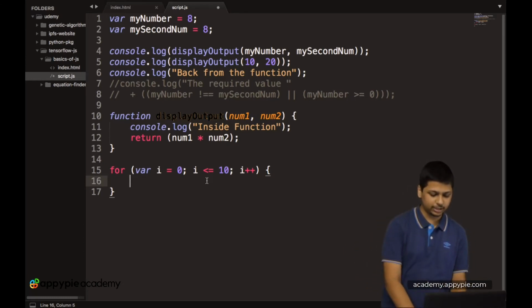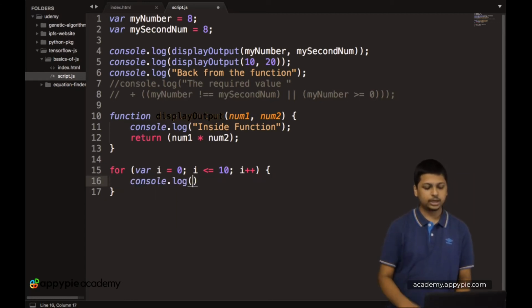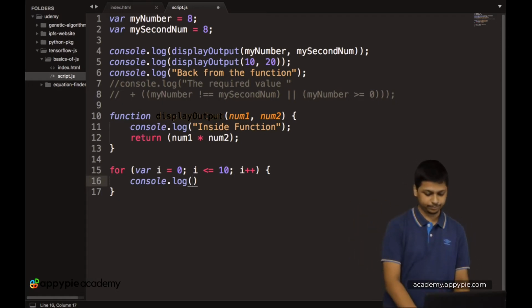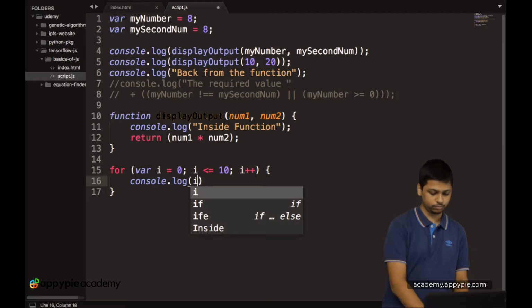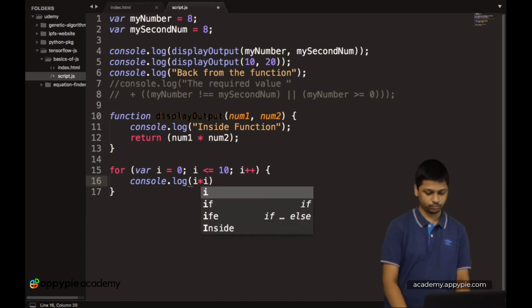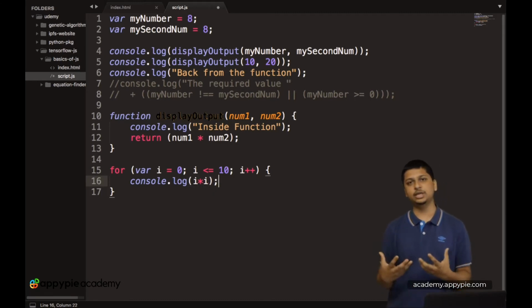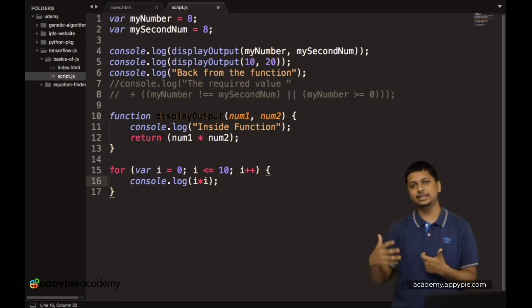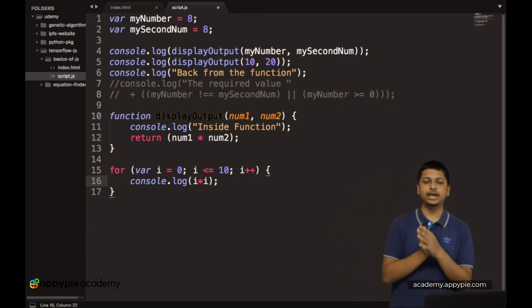So over here let's first console.log, and now we have to console.log i square. Essentially we are calculating the square of the i variable, which indicates the iteration we are going through, and then we are displaying the square.